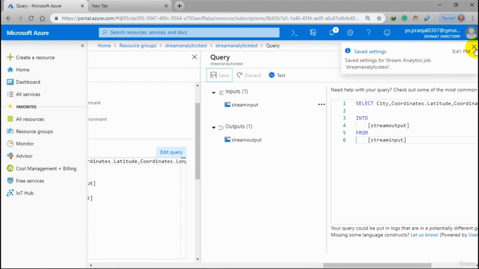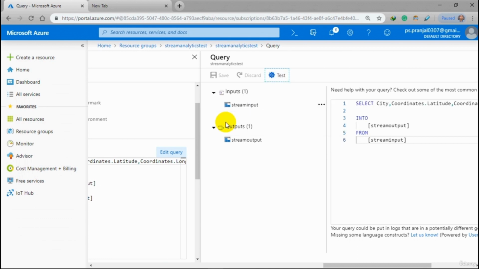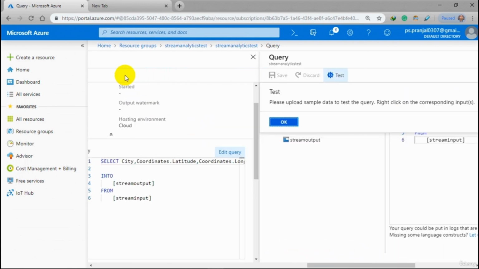Here I'm going to upload in real time. See, if I click run, it will ask to upload some sample data for the query. To add this sample data to test the query, you have to click on the corresponding input, meaning your stream input file. Okay,